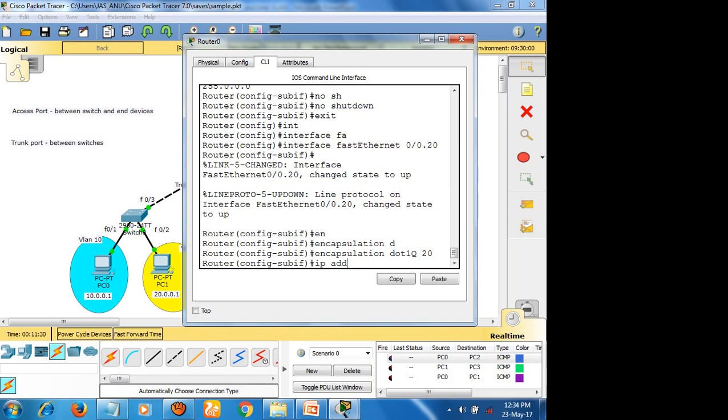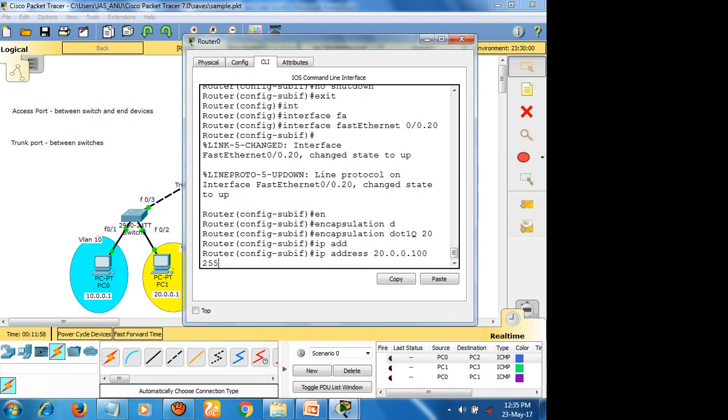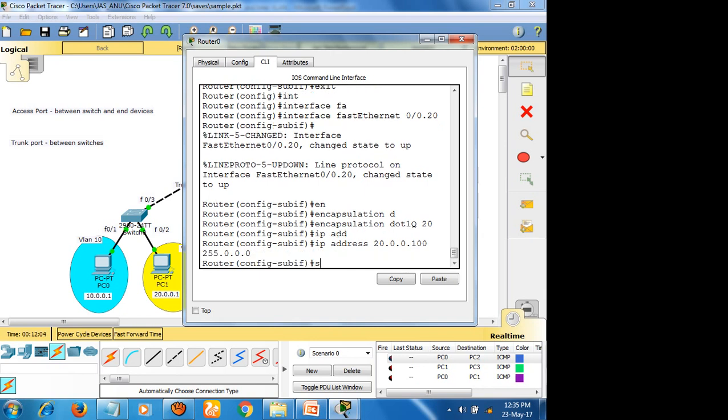First you need to give the command called encapsulation, and only after that can you give an IP address. If you assign an IP address and later give encapsulation, it won't work. So first give encapsulation, then assign an IP address: 20.0.0.100, and the subnet mask is 255.0.0.0. That's it. No shutdown.